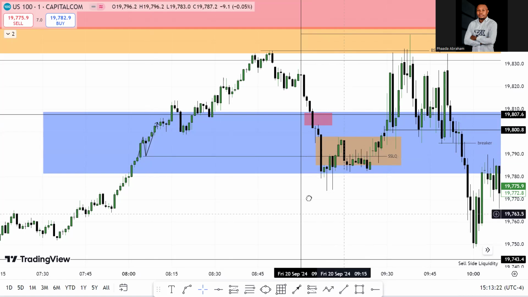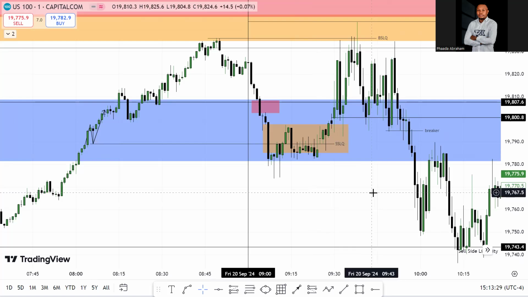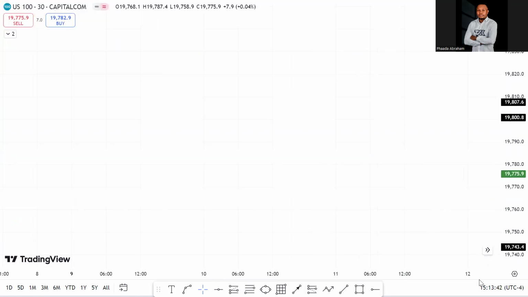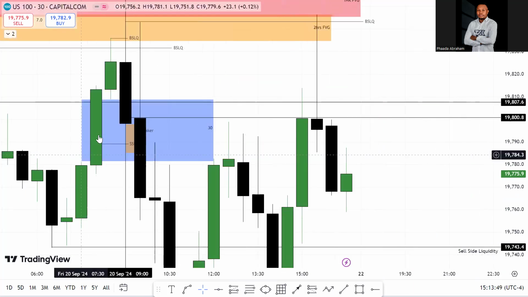What you should also consider is that, number one, there is a 30-minute bullish fair value gap. So there's always a potential reversal just after it takes a sell side liquidity just inside a bullish fair value gap, right? So this is the 30-minute bullish fair value gap I'm talking about. Let's just go back. Can you see that at this point? This is a 30-minute bullish fair value gap. So once price starts rejecting,